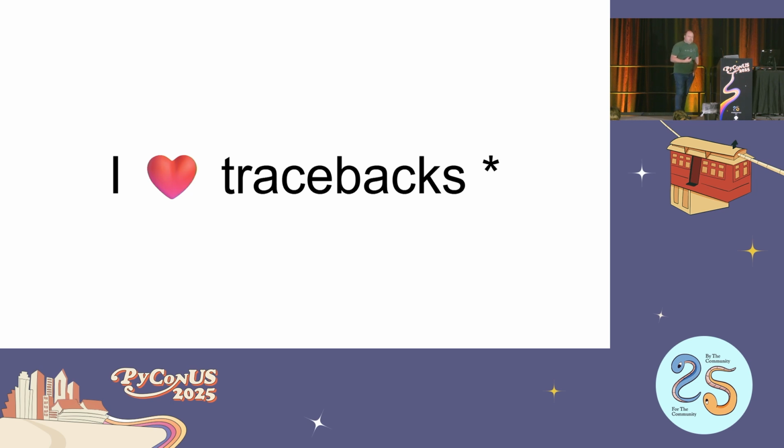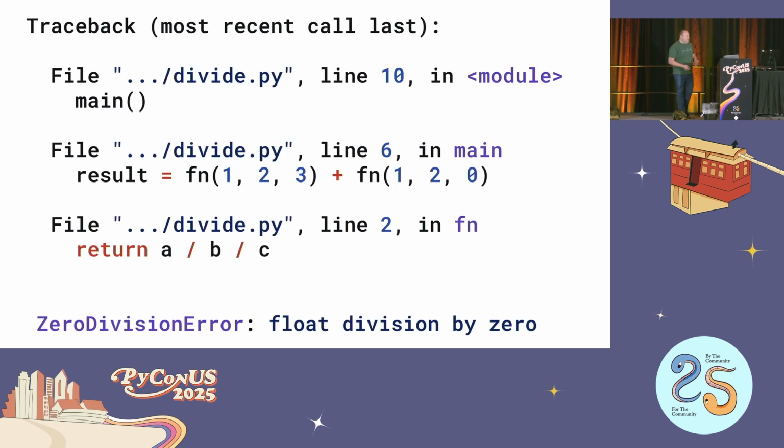And I think, to me, the big advantage of exceptions over return values is that you automatically get tracebacks. And many people have an aversion to tracebacks because it means that something has gone wrong in your code. But I love tracebacks because they tell me what went wrong in my code. Something's always going to go wrong, and I would rather, when I found out about it, it came with a traceback that looked something like this. Does this look familiar to people? Show of hands, yes? Show of hands, no? What are you talking about, Zac? Okay. So we're mostly familiar with tracebacks.